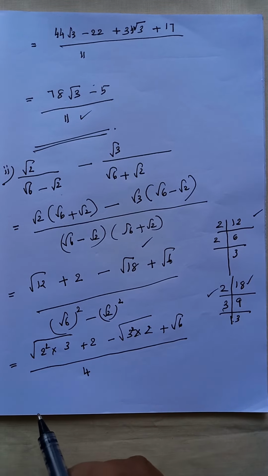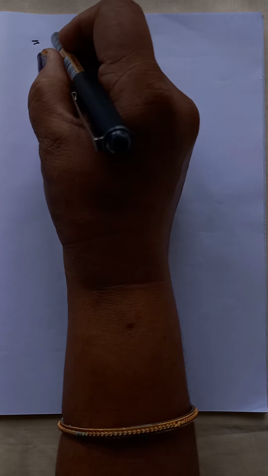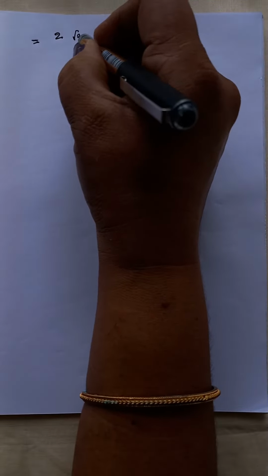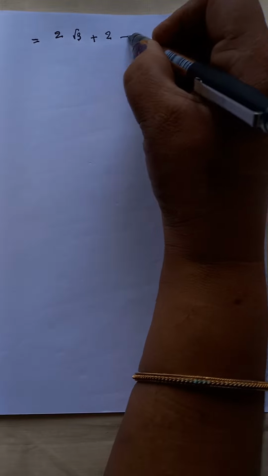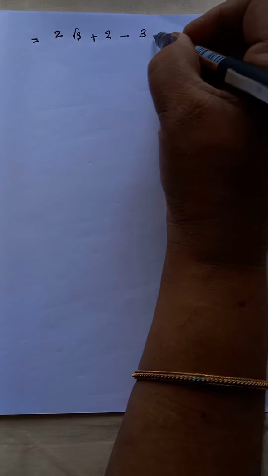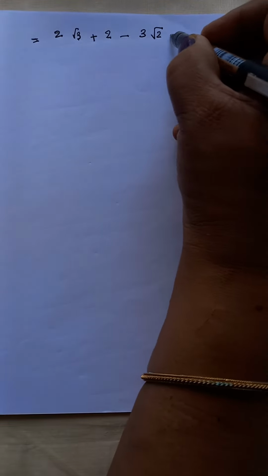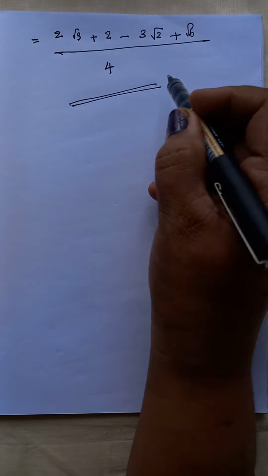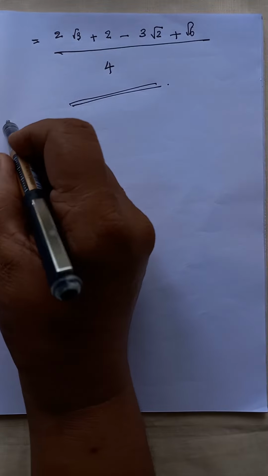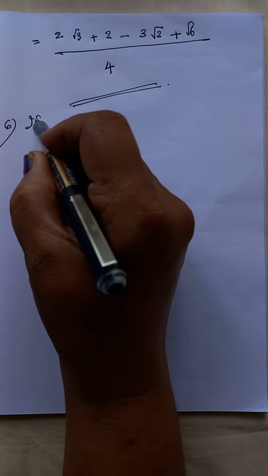That is equal to root 2 square is 2, then root 3 is there, then plus 2 minus root 3 square is 3 into root 2 plus root 6 divided by 4. This is the answer. Now the sixth question is,